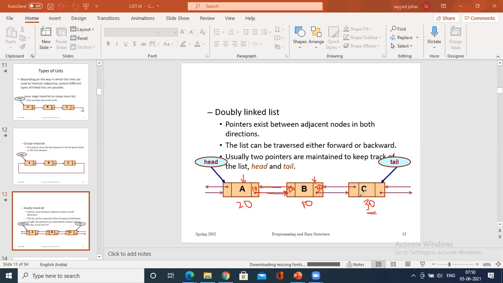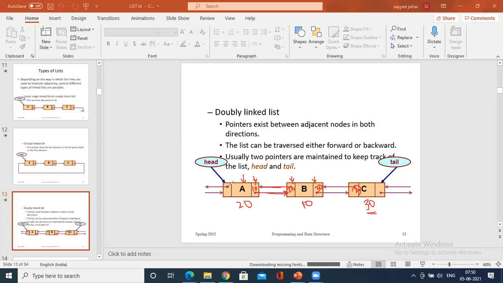Similarly, previously this node C consists of the address of the previous node. So the address of the previous node is held by C. C is a variable. So what is the address of the previous house that it is connected to? It is 30. Clear? So the front holds the address of the next node. Similarly, on the left hand side, it holds the address of the previous node.